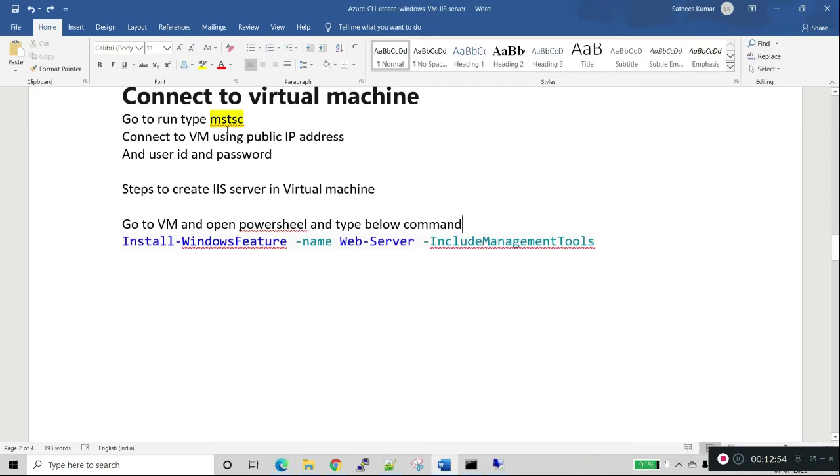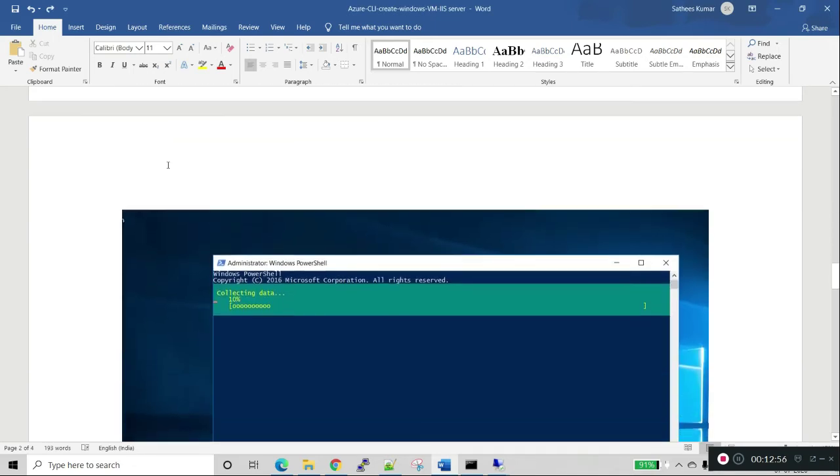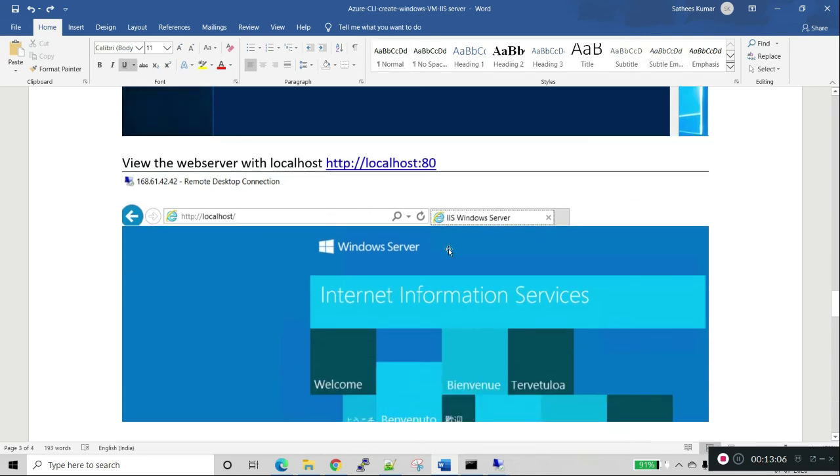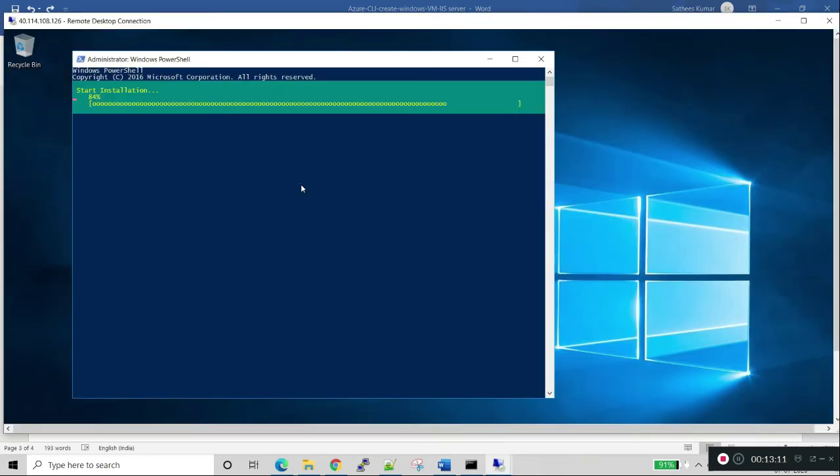The next step is we need to use http://localhost:80 to open our website.